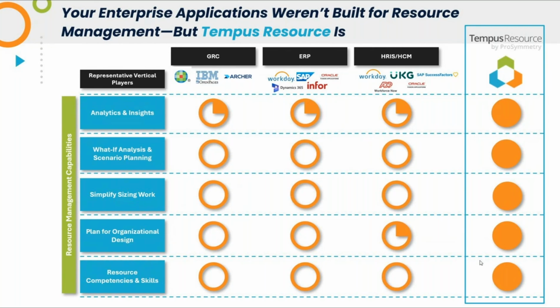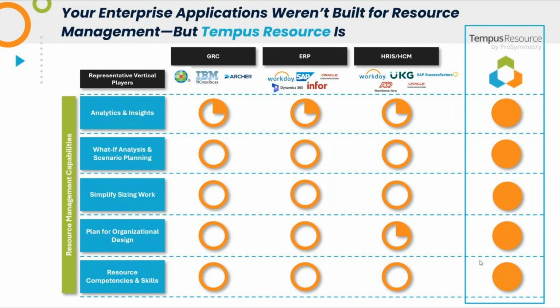All right, and that's again why probably many of you start to look at using Excel for this. The bottom line is our product, Tempus Resource, isn't just a nice to have. It's the missing piece in this enterprise technology stack. It's purpose-built to solve this resource management challenge that your GRC, ERP, and HRIS platforms, as well as Excel, just simply can't solve. Now, if you take a look at each one of these columns, GRC applications are going to